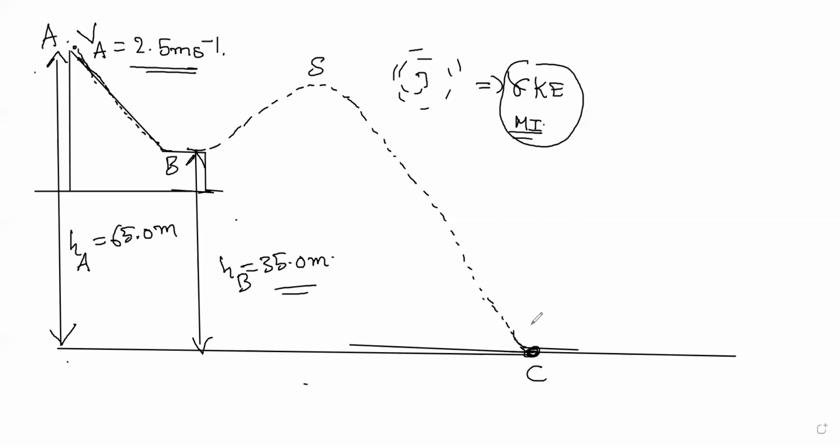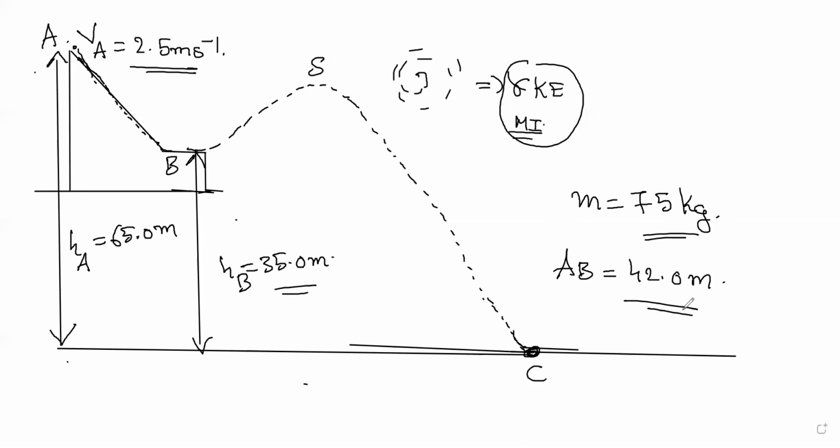Now he started at 2.5 meters per second, and at the end of the ski jump there is a point B. It lies at a height of 35 meters, and S is the point of maximum height during the flight, and C is the final point. The mass of the skier is about 75 kg. The length AB of the ski jump is given as 42 meters. This is the information given.